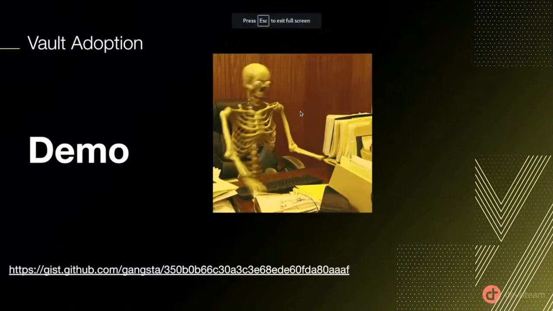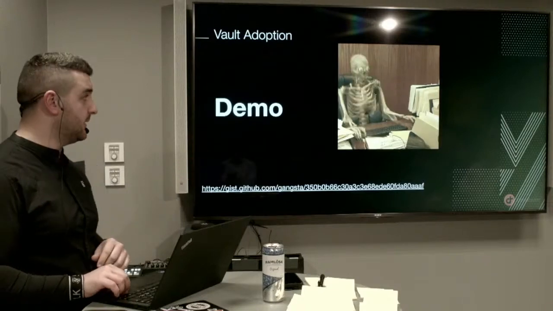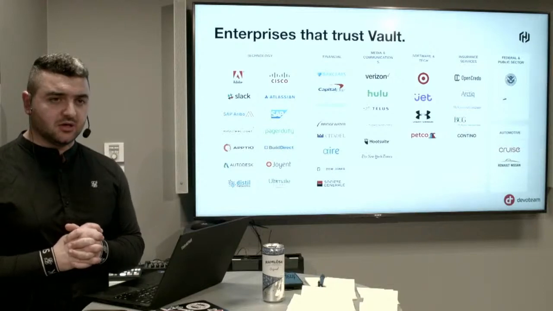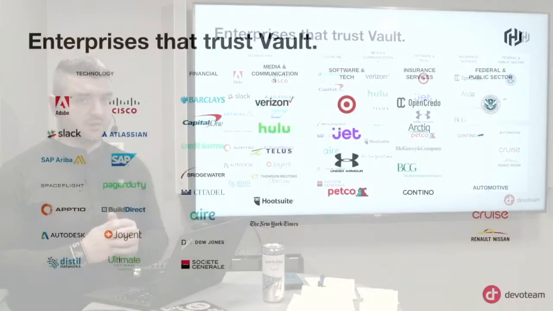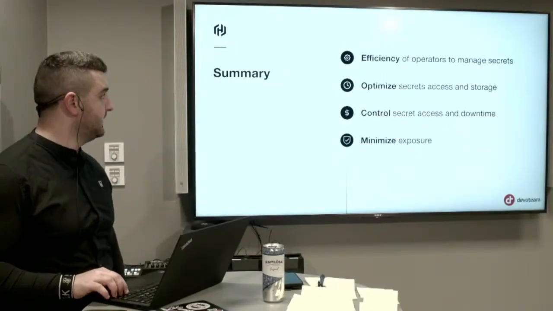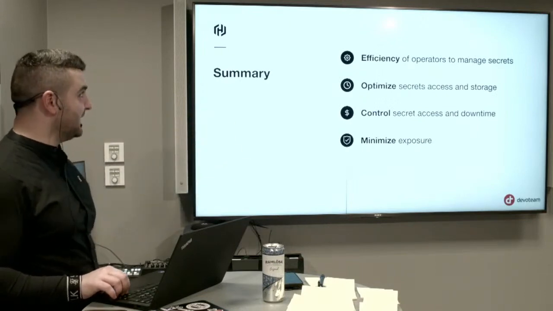So let's go back to the presentation while it's installing, and at the end we will see how it is performing. So, good names about HashiCorp Vault, big enterprises, not all of them are listed, but these are great names that trust HashiCorp Vault. A little bit of stats about HashiCorp Vault. It was founded in 2014, the product launched, and then it has like 1 million plus downloads monthly. And we just added 2 downloads, because we just added 2.